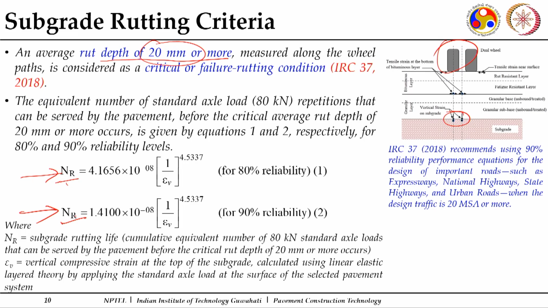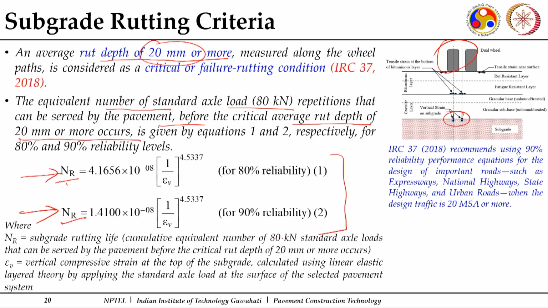So, it says the equivalent number of standard axle loads, because we compute design traffic in terms of standard axle loads. We have different types of vehicles with different axle configurations, so we cannot design for all types of vehicles. We have to first convert them to a certain standard axle and then we design our pavement structures. So, I will look for the equivalent number of standard axles that can be served by the pavement before the critical average rut depth of 20 mm or more occurs,